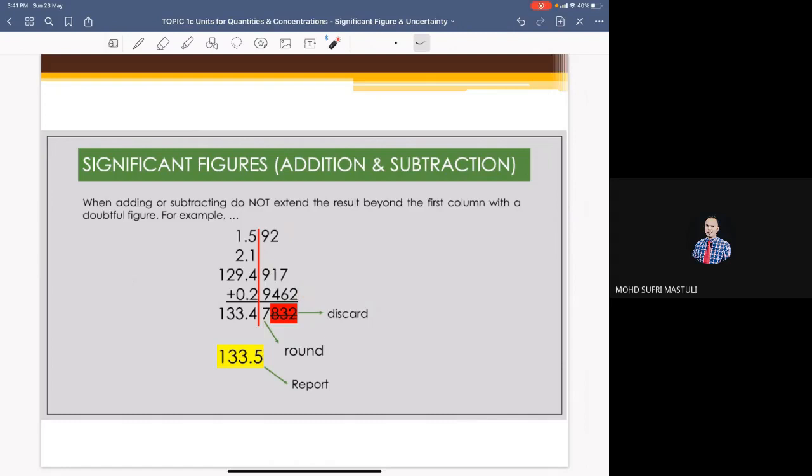So it's a different form of numbers we try to add. When we consider the significant figures, we have to arrange it nicely, so all the decimal points are in the same place. So we can obtain